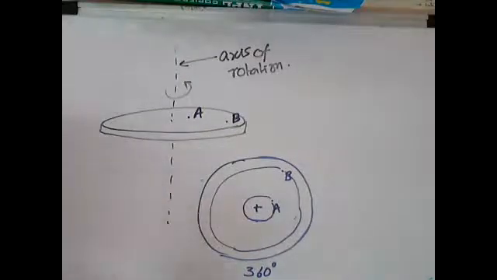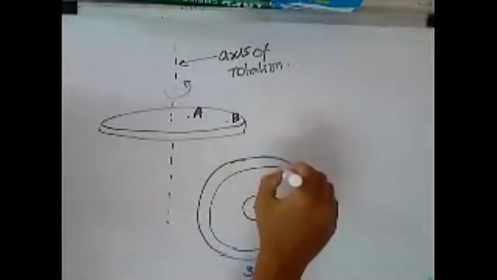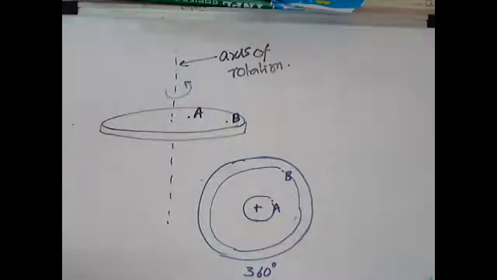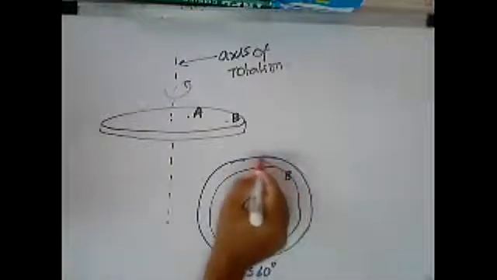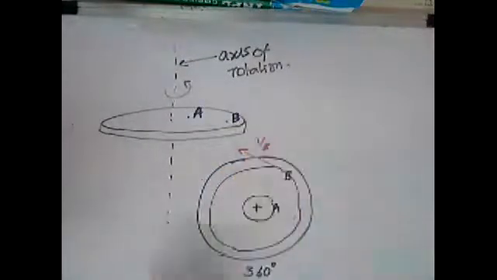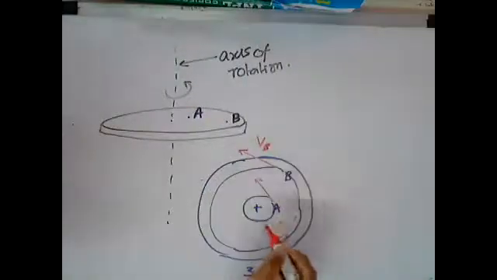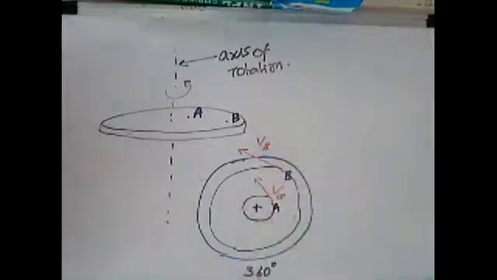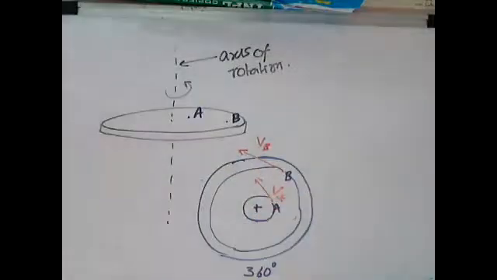Now, since we are looking at an infinitesimally small period of time for which its velocity is being spoken of, we can also talk in terms of the direction of this velocity, which will be tangential. So all this we have already discovered. The velocity of B will be in that direction at that point of time, and for A it will be in this direction at this point of time. Velocity of B is greater than the velocity of A.